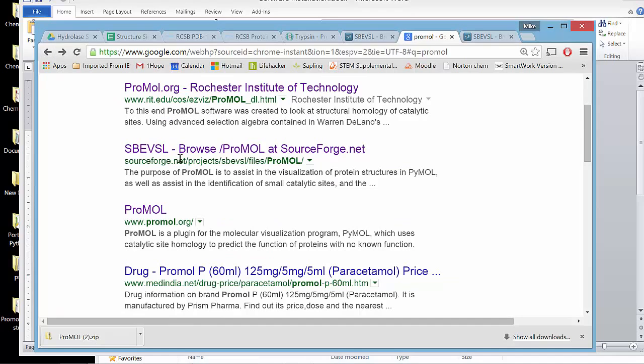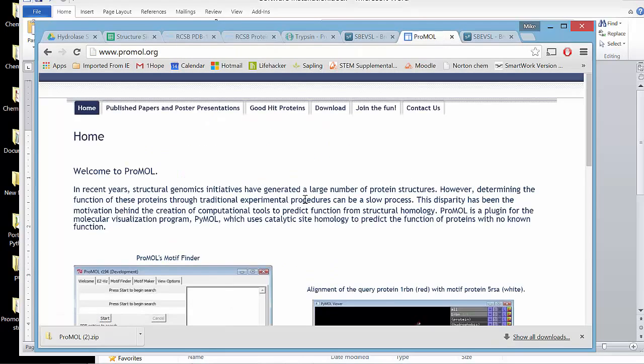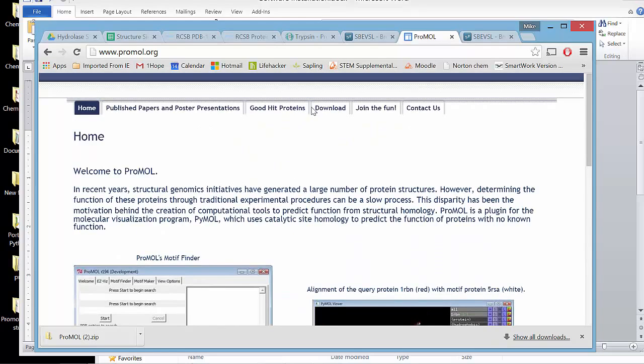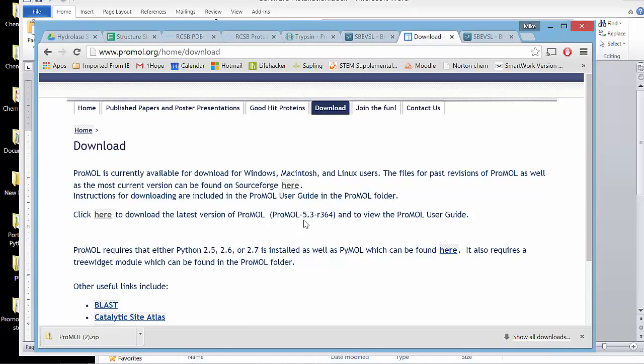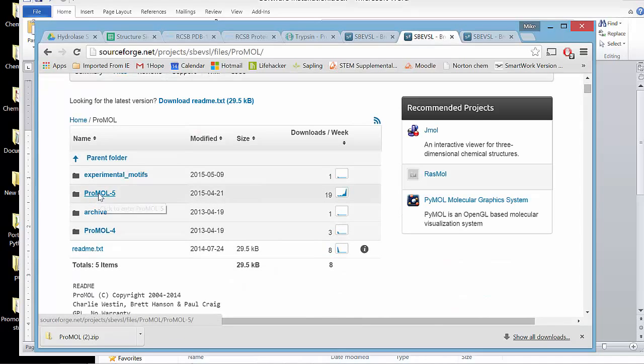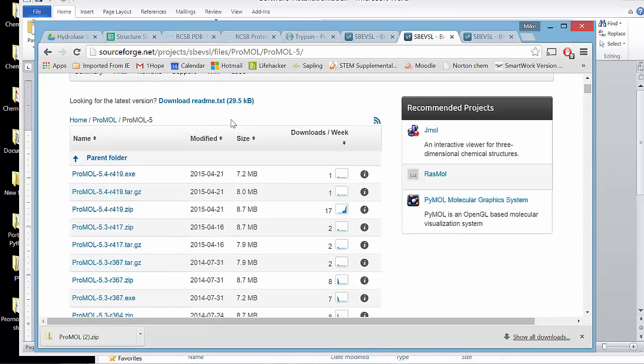This one, or this one, does, but it seems to refer to, if we go to downloads, 5.3, and we're on 5.4 now. So I got to the SourceForge here, and I selected ProMOL 5, and it's 5.4, 419 that we want. So I think I've just downloaded the exe file, or you can grab the zip file if you want to do it that way. And then when you run that executable, that will install